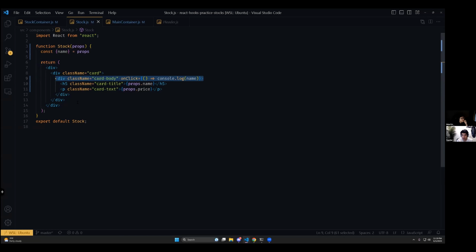Well, we want to make it so that when you take that name, we add it to a new stock on the right hand side, which means actually adding that stock as a new array item or a new object, including its name, price, and I think ID, right, onto the array on the right hand side. So we need a way to basically keep track of the things that are being clicked here, and move them over to the array that's being rendered for the